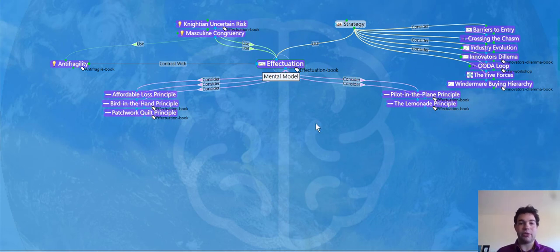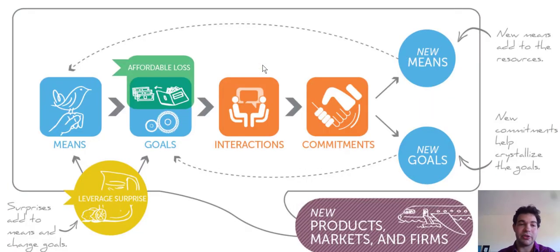And the basic idea behind effectuation is that rather than do what antifragility does, where no matter the distribution, no matter what's in the bag, you're okay, in effectuation, you're actually going to pour stuff into the bag that works out in your favor. So the basic idea is you start out with what you already have. Who do you know? What are your strengths? And what are your resources? Now, based on that, you can come up with a number of goals that make sense with that. And you're going to select only those goals that you can afford to fail on.